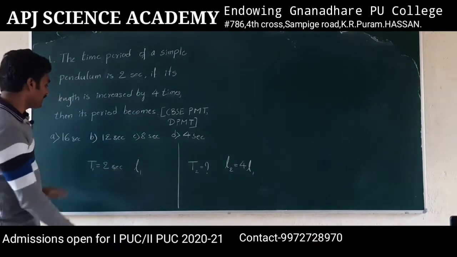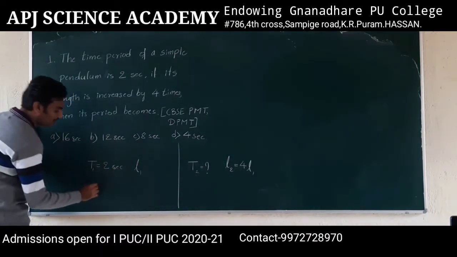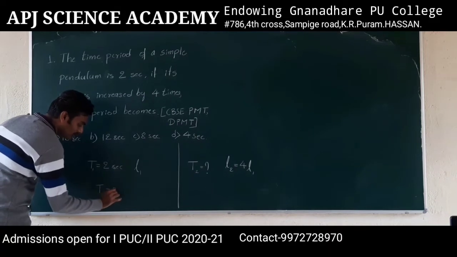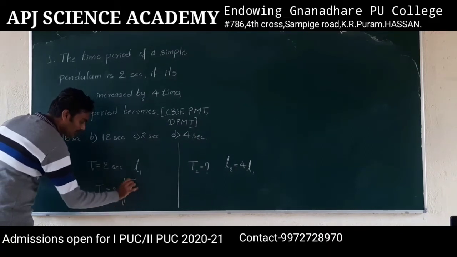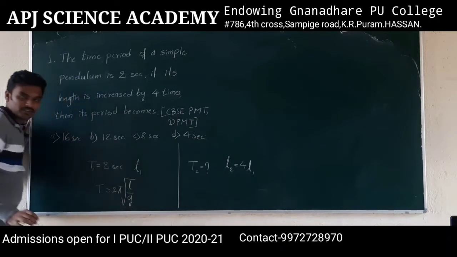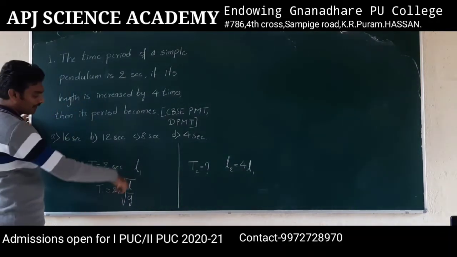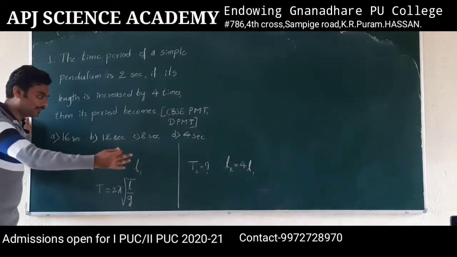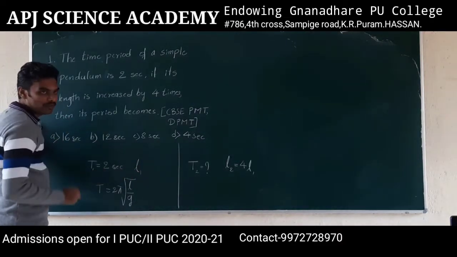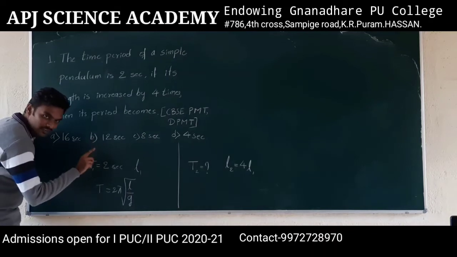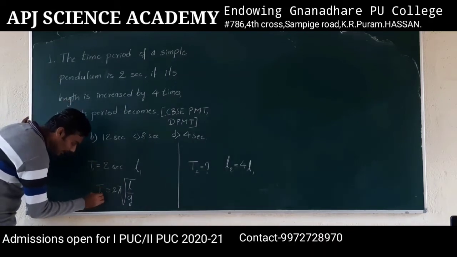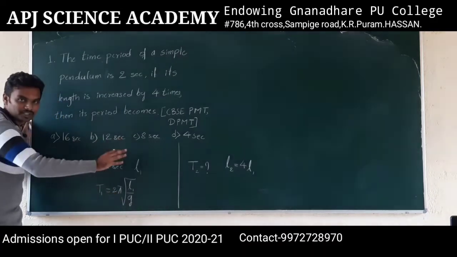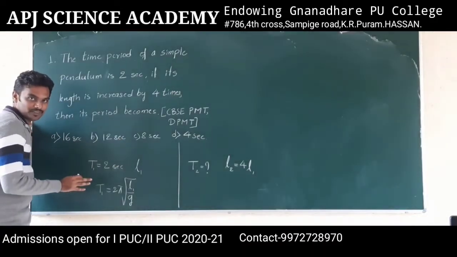Now let me write the formula for the time period. It is T is equal to 2 pi root of L by g, right? Since I am writing everything for the first situation, you can directly go for proportionality if you have the idea, or you can write the formula for both situations. Since this is the first situation, I will write T1 and L1 here, because g and 2 pi are constants, they do not change.